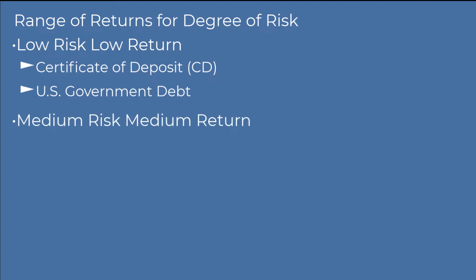Now we'll move to the medium risk, medium return category, and the first investment here is the S&P 500 Index Fund. According to Investopedia, the S&P 500 had an average return of approximately 10% per year since its inception through 2019. So, as you can see, as you move into the higher risk category, your potential returns also increase. But keep in mind that that 10% is just a historical average and shouldn't be taken as a guarantee of